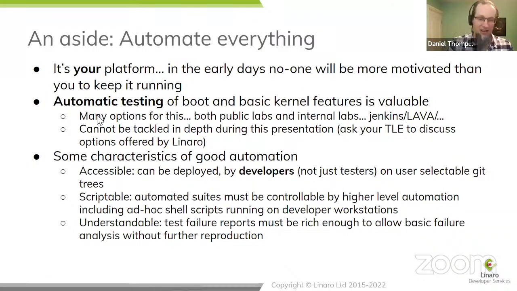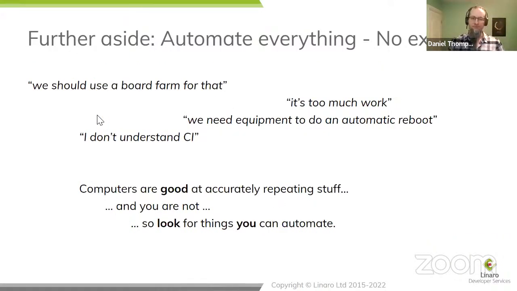And then finally, obviously understandable. Whatever testing you're doing, the reports need to be rich enough that you can triage from the failure report rather than have to reproduce it separately and go backwards to things. All of that is mostly philosophical. It applies whether or not you are doing upstreaming, but upstreaming is a useful consumer of this kind of automation. So there's several asides in this section about automation. The next thing is